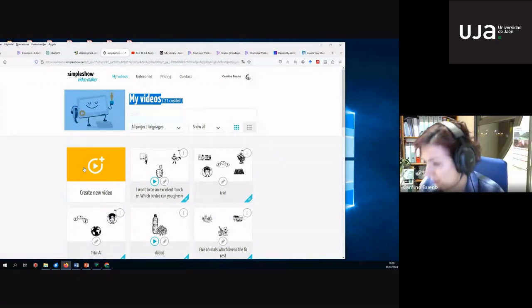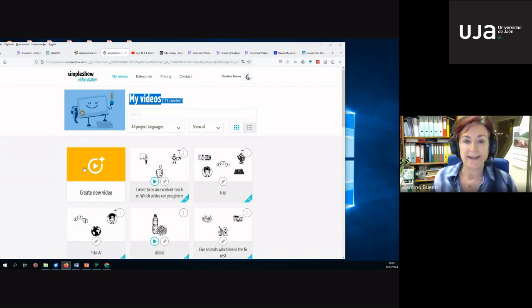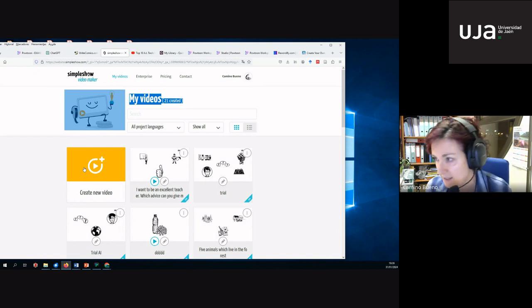Okay, so what this program basically does is it creates not animations, but you give the program words, and it transforms the words into speech. This is one of the text to speech technologies, and also images. So you're going to see how that is done.